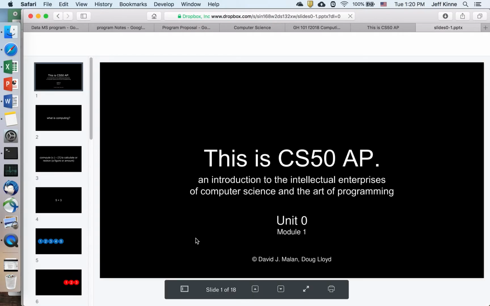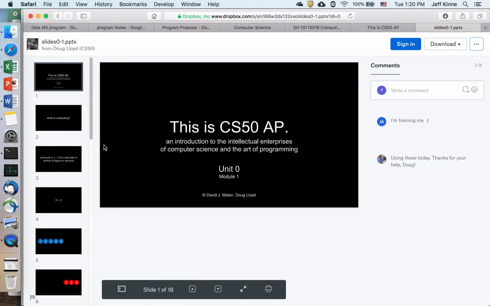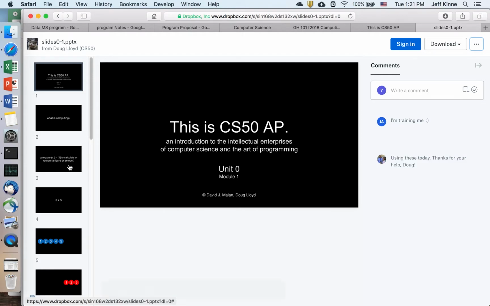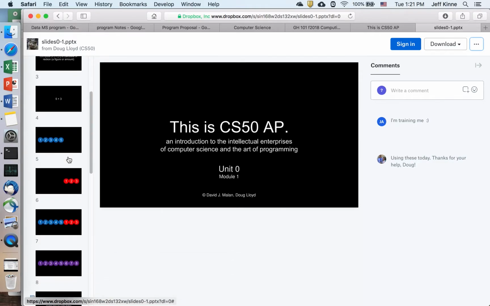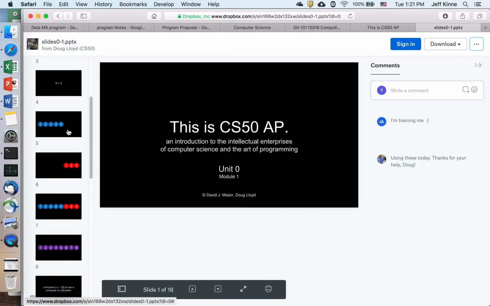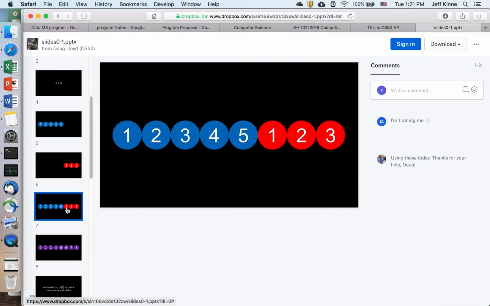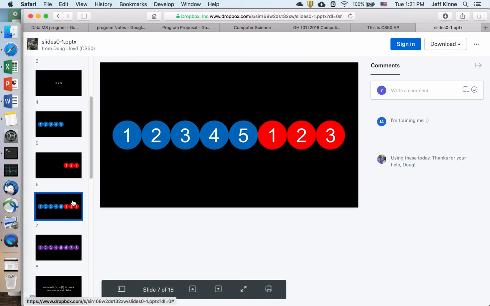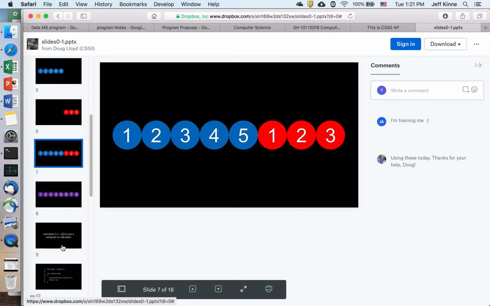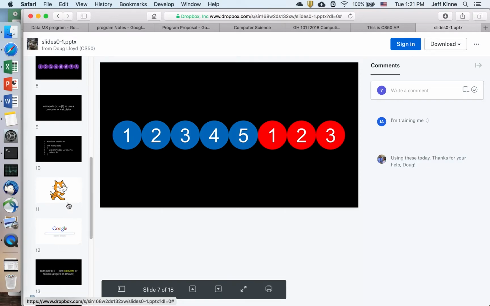What is computing? There are various definitions of computing that they take from the web or somewhere. I'm just going to look at a few things here. So here they have a bunch of numbers, 1, 2, 3, 4, 5. I'm not sure what they're doing here. Let's skip to,